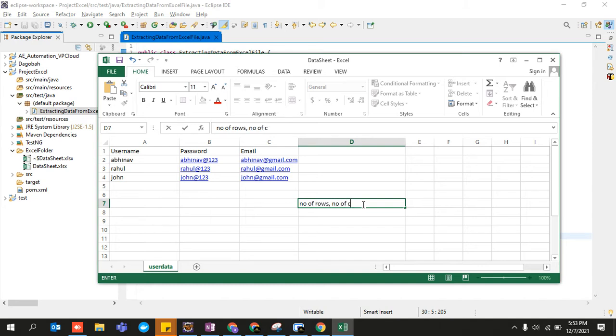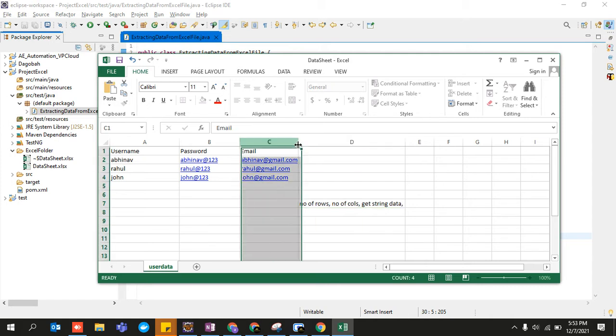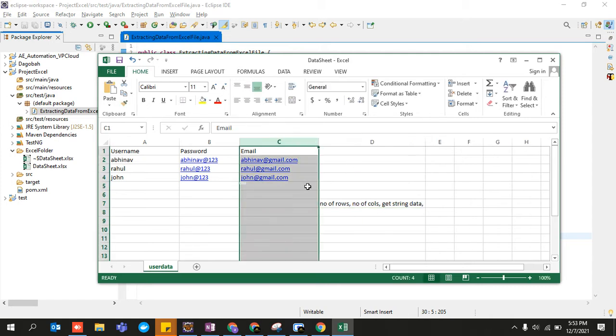You need to find the number of columns in which data is present. You also need to find a particular method with the help of which you can get string data. All the data which is present over here is of type string. Although I have not taken the classes on data types, since this is not a beginner lecture, I hope you know what a string is all about.